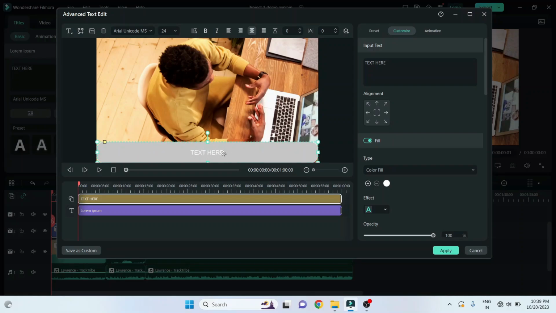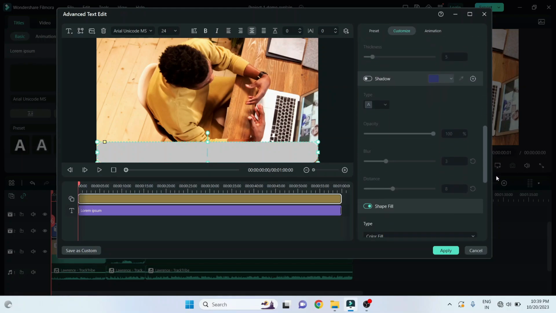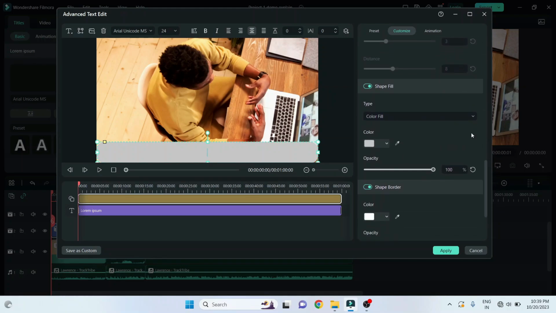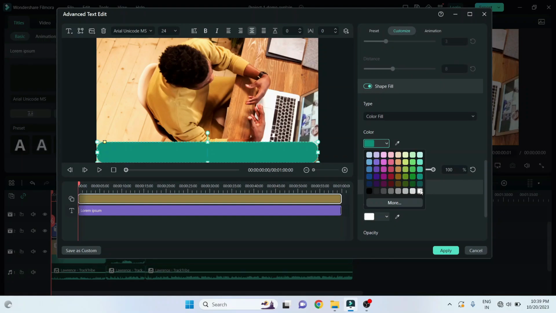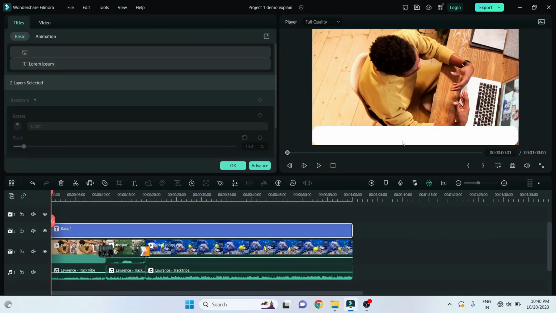Here you see guys, inside this shape, here it is the text. So I will remove it. Here you see, from here you can remove it. And guys, we also want to change the color of this shape. Here you see, if I scroll here, here it is a shape fill. So I will simply select it as white. Let's click on the apply button. Now here you see guys, our background is added.